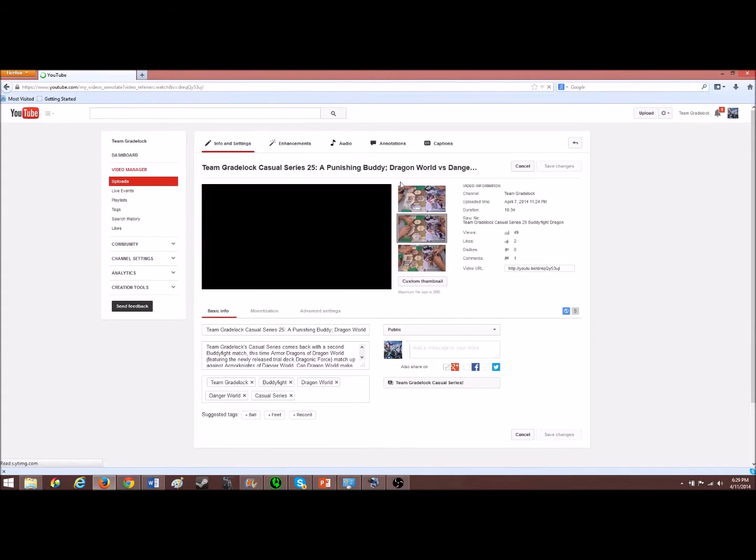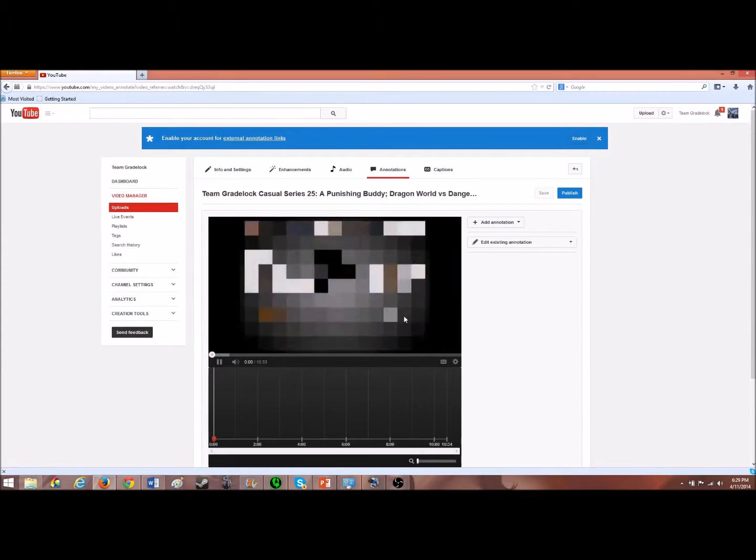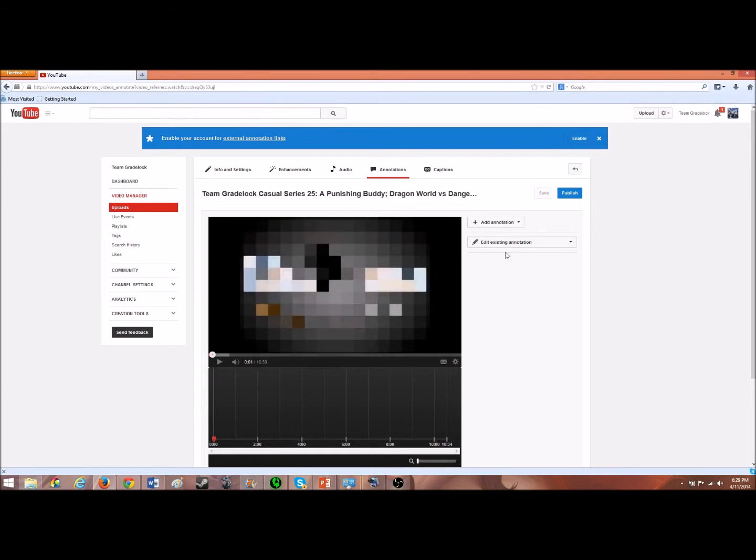And now let's move into the annotations. This is probably going to be the most favorite part about YouTube, as annotations help point out any specific details or points in the video that you want to bring up to your viewers. You can choose how the annotation will look like, so I chose a speech bubble. Then you can type in any custom message that you feel would be great for extending out to your viewers,